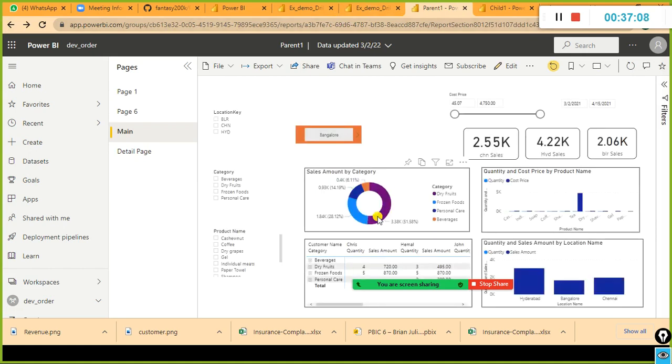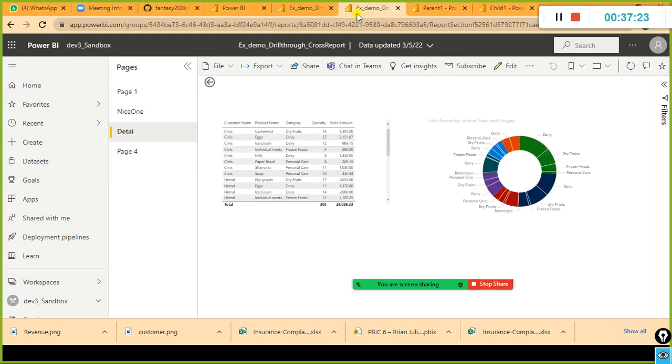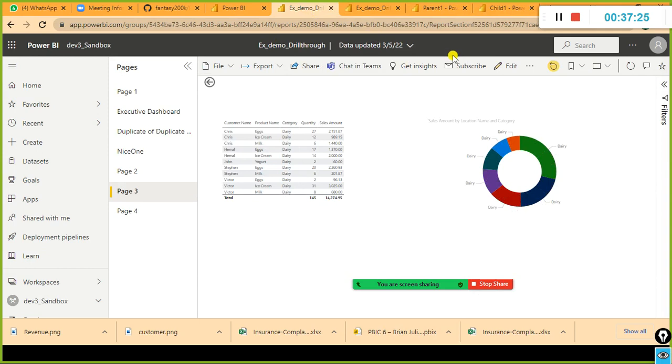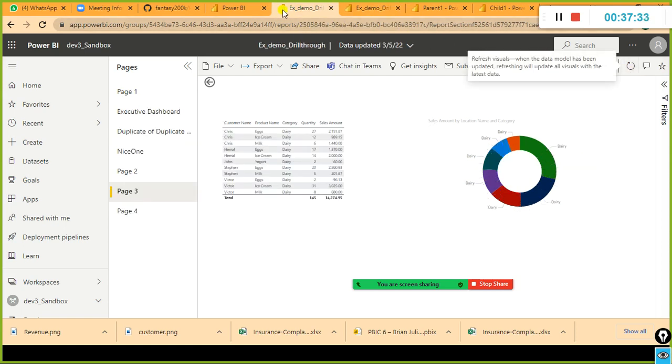For example, if I right click on it, you will find the detail page in the same report, and transaction is child one, the other one, right? When you click on it, it will display in the same page only. It was working perfectly, and I followed the same procedure. Sometimes I'm going to leave it as it is. Probably since it is a cloud, it will take some time to refresh, so let us wait for some time. We'll take a look at it a little later. Okay.